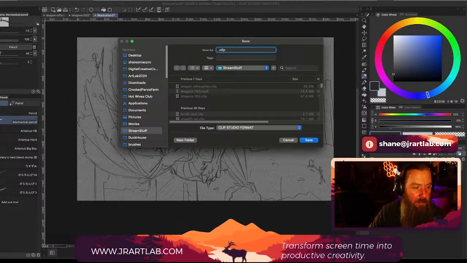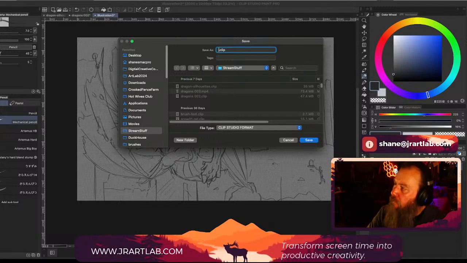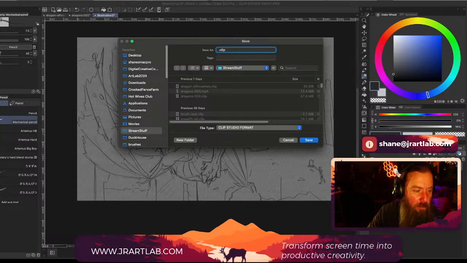So let's make this, what are we going to call this guy? If you've got names or ideas, what are we going to call this toucan? Let's call him Toucan Peacock.